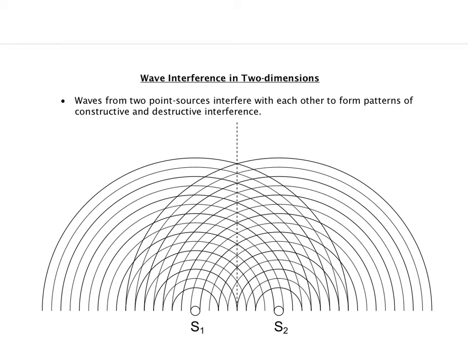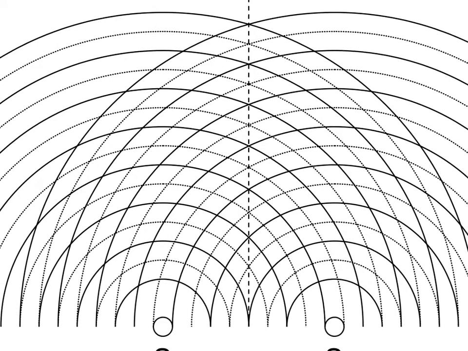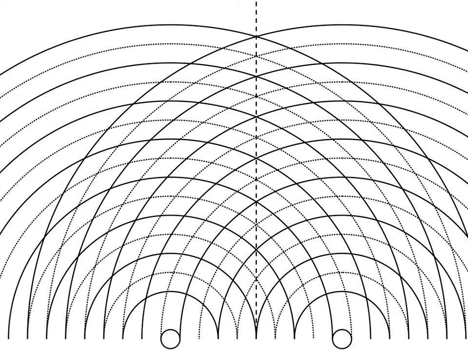Okay? Now let's just pretend for a second that you had an imaginary line somewhere over here, and let's say that this imaginary line represents a screen, kind of like you saw in that video. And what I want you to do is look at every single point where the waves from S1 and S2 meet at the right bisector. So if I take a look at that right bisector again, and at every single one of these points,